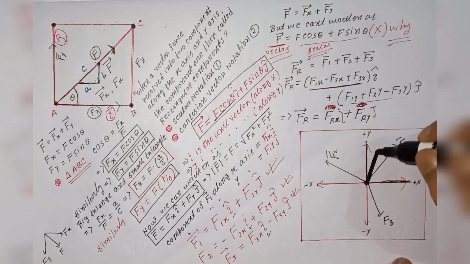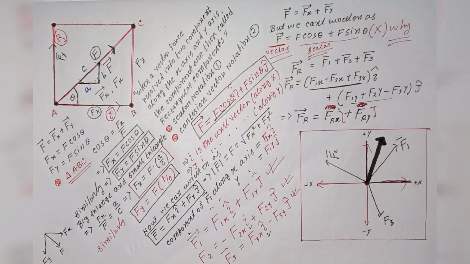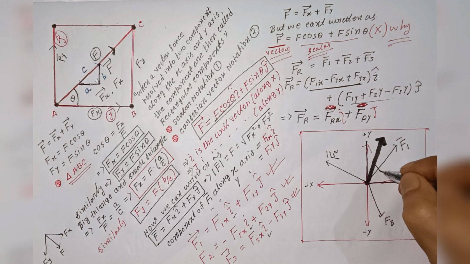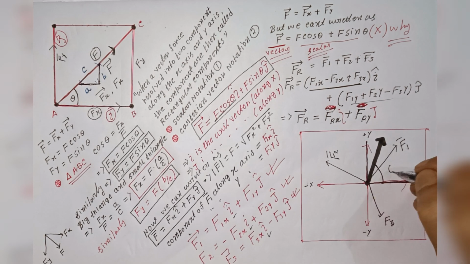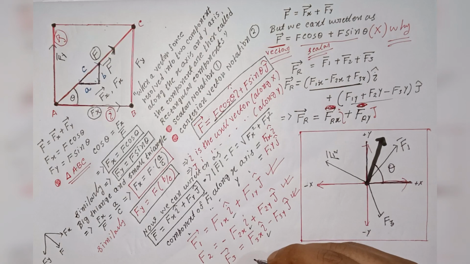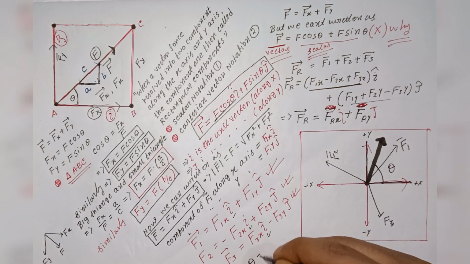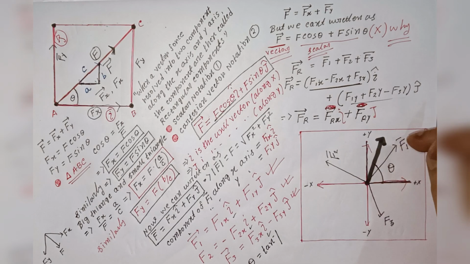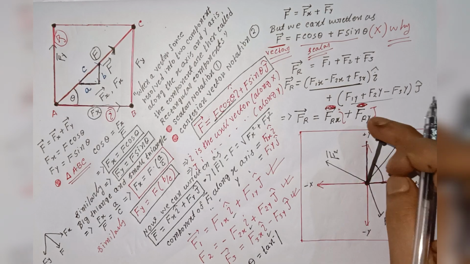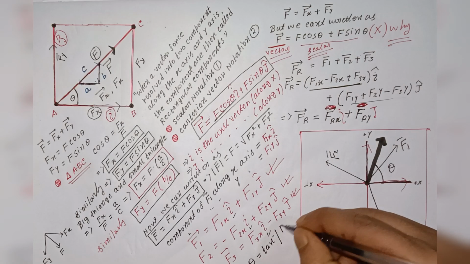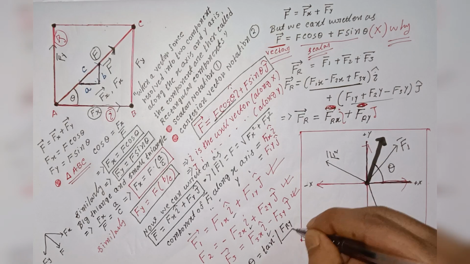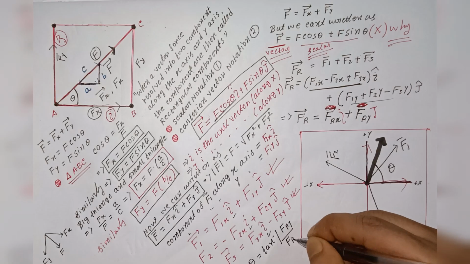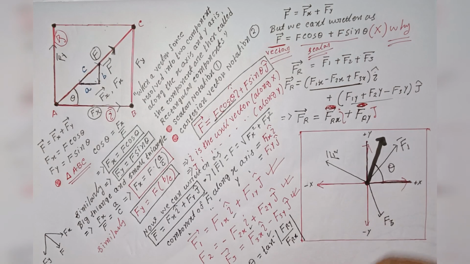Let's assume the resultant vector follows this path all the way. Think of it like a little superhero running through the course, joining the main team, and it makes angle theta with respect to the x-axis. Then the direction of the resultant is theta equal to tan inverse of height by base. Height means the component of the y-axis, that is fry, the summation of all components in the y-axis, divided by the summation of all components of the x-axis, that is frx. Thank you. Awesome.